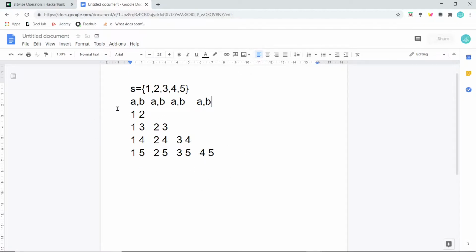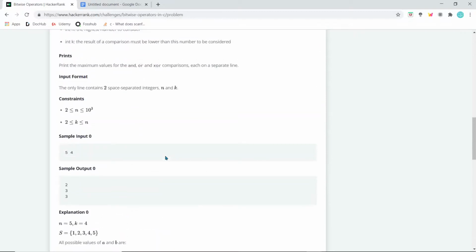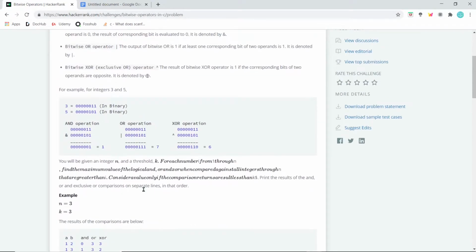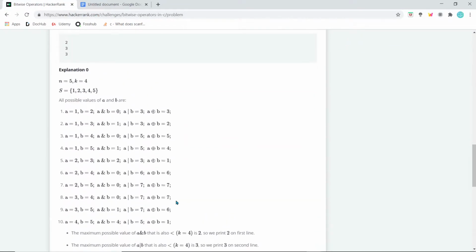Now let's calculate how these came. Okay, so first we'll write it down serially, all this. So for 1 and 2, the AND operation is resulting 0, the OR operation is resulting 3, and the exclusive OR operation is resulting 3. So you don't have to manually do the operations like here we did in the binary form. You don't have to do this manually. It will be really tedious. You can let the computer do that. You just have to write the code for these operations. Okay, so similarly for all these cases we'll have some results for all operators.